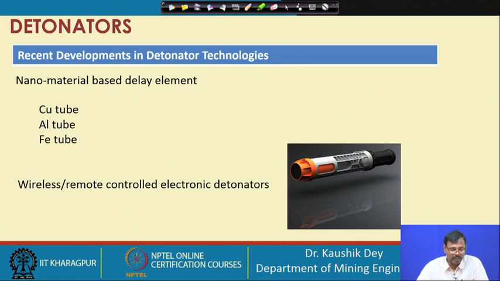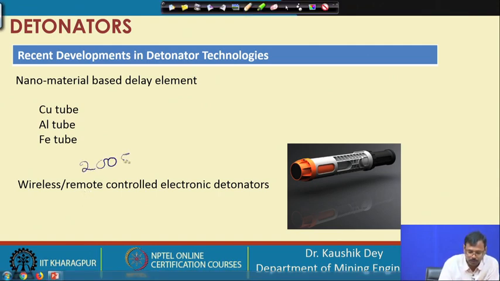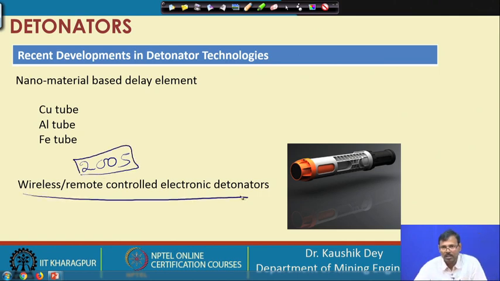Another recent development, carried out from 2005 onward, is the wireless detonator. This wireless detonator is now commercially available, where no lead wire is required; it is an electronic based detonator. You have seen the drawback in the electronic detonator is that a huge number of cables are required, which are destroyed during the blasting operation. So, the cable costs are very high,